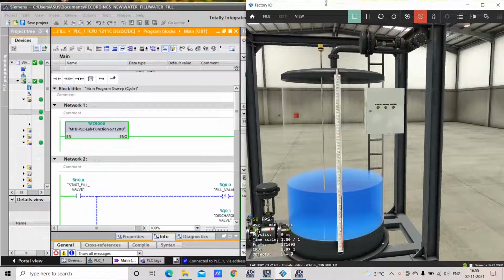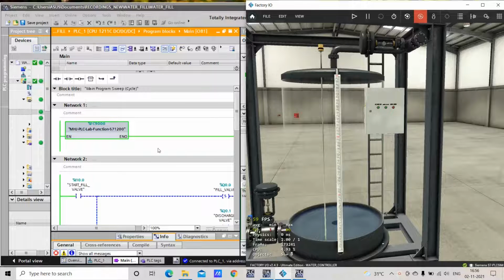So in the last session we have seen how to control this water level manually by pressing this switch, and filling as well as in the discharging. Okay, so these two we have seen in the last session. Now let us see how to make this water filling and discharging level automatic with the help of a timer. So this is what we are going to see in this part.